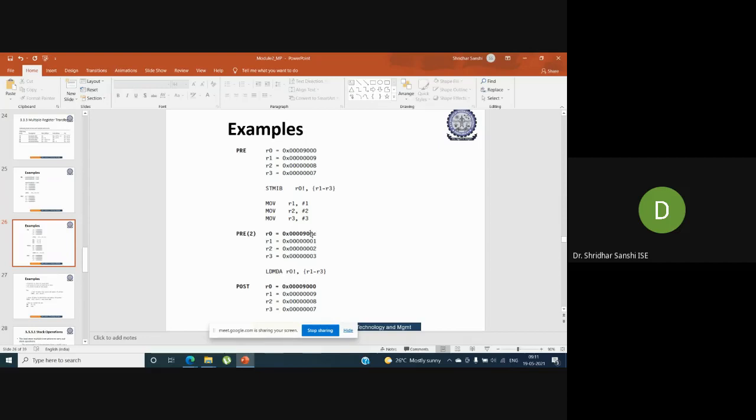So first use this address, and then you decrement. That's what decrement after means. So in the 900C, what value have we stored? This will be our base address.